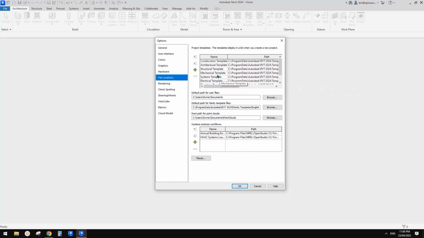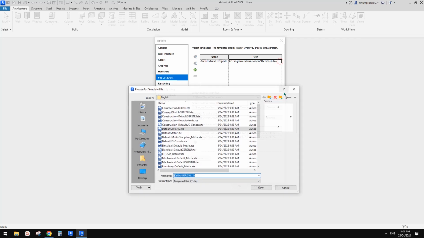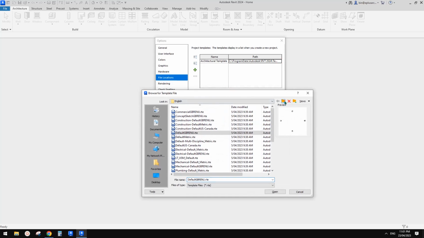Because I mainly do architecture, I'm just going to delete everything else, all the other templates, because I don't do those. I only mainly use the architectural template. So I'm going to change this one, because this one is actually Great Britain, so it's in English, for the UK. If I click on this one, I'm going to find the one I downloaded,